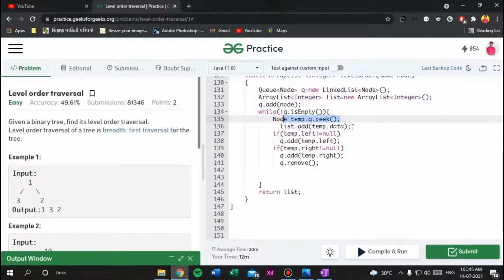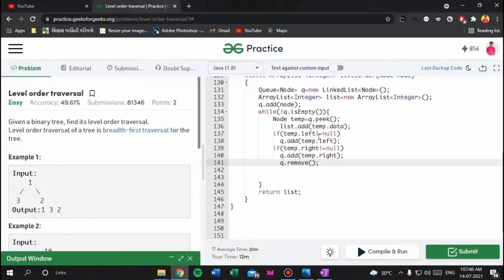Then we will add it into the list, because this is our output answer. After this we will check whether the left and right of that node are null or not. If left is not null, then we will add it into the queue, and if right is not null, then we will add it into the queue. Pick means we will simply pick the first element, but it will not remove the element. But after this we will remove the element in the last step, queue.remove.